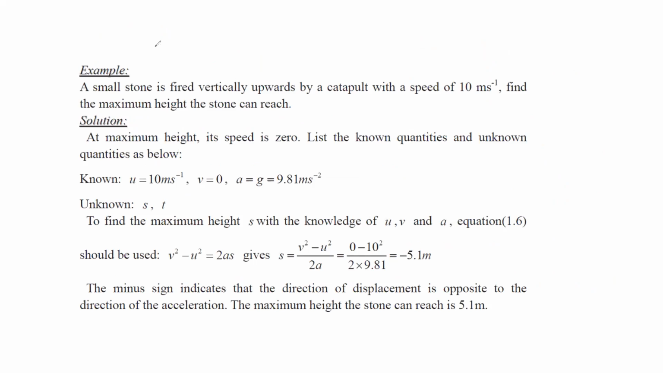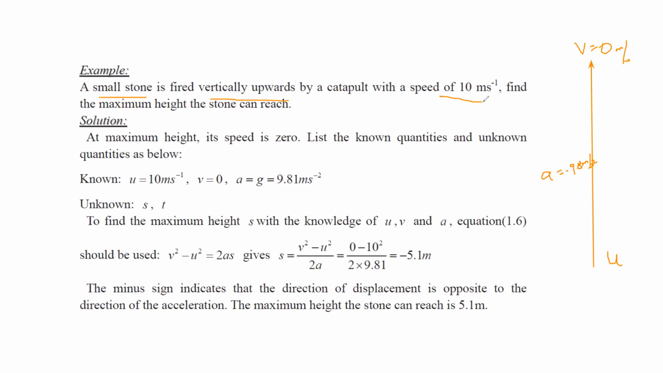Another question. A small stone is fired vertically up. When you fire something vertically up, when it rises, it will have its initial velocity and its acceleration. Basically, it will decelerate according to gravity, so you have to substitute minus 9.8 meter per second square. And the final velocity is 0 because momentarily it will be at rest when it reaches the maximum height